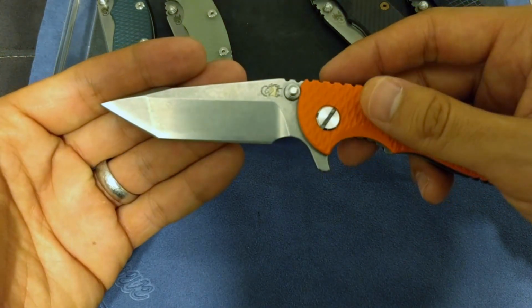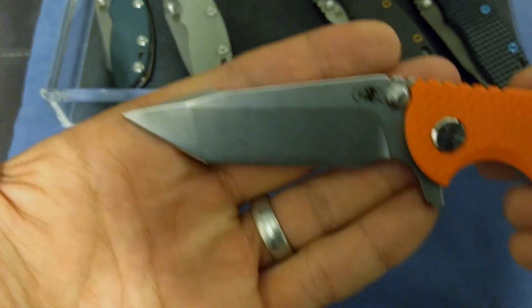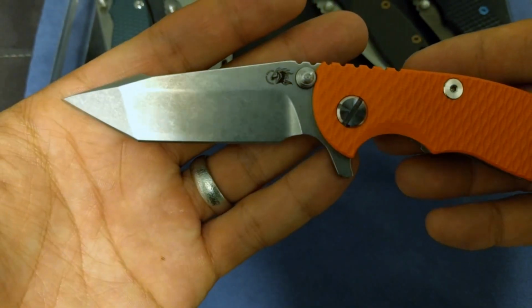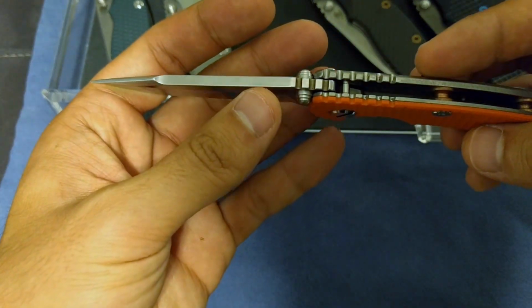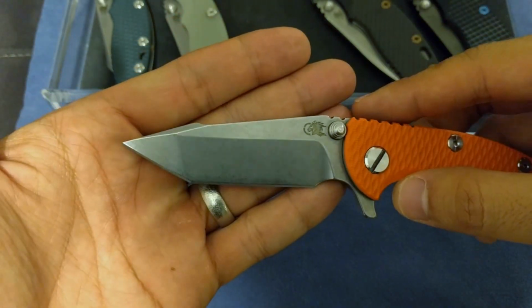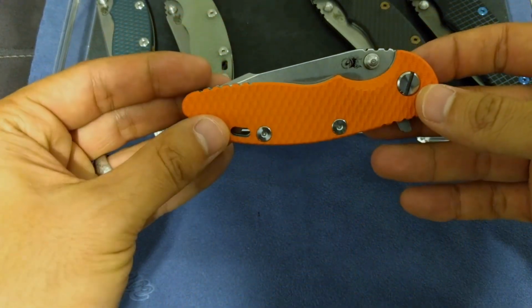Haven't seen a lot of the Harpoons on YouTube, so I figured I'd give this guy a quick little sneak peek for everyone. Not talk too much about it, because they're pretty much the same as the other ones, just the blade grind's different. But I thought it was cool enough and worthy enough to have its own video, so let's get right into it. So this is the 3-inch Harpoon